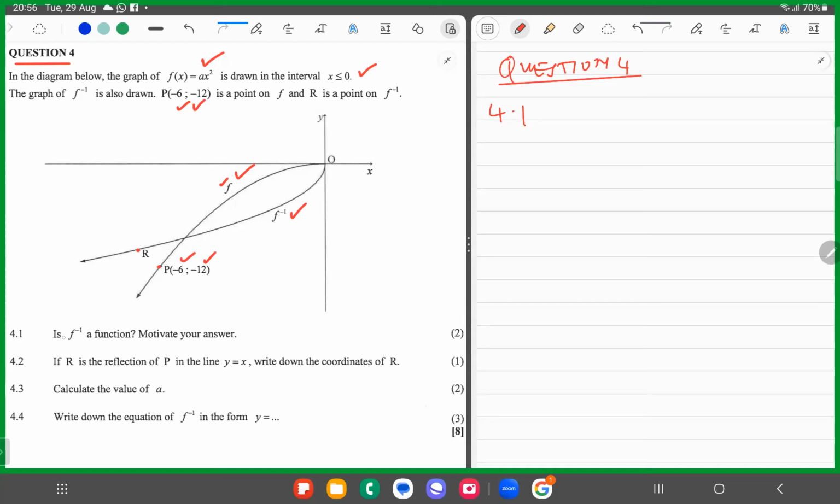Right, so is f inverse a function? Motivate your answer. f inverse is this one. Now we're asking the question, is it a function? Well, the answer is yes. Why? You can say that